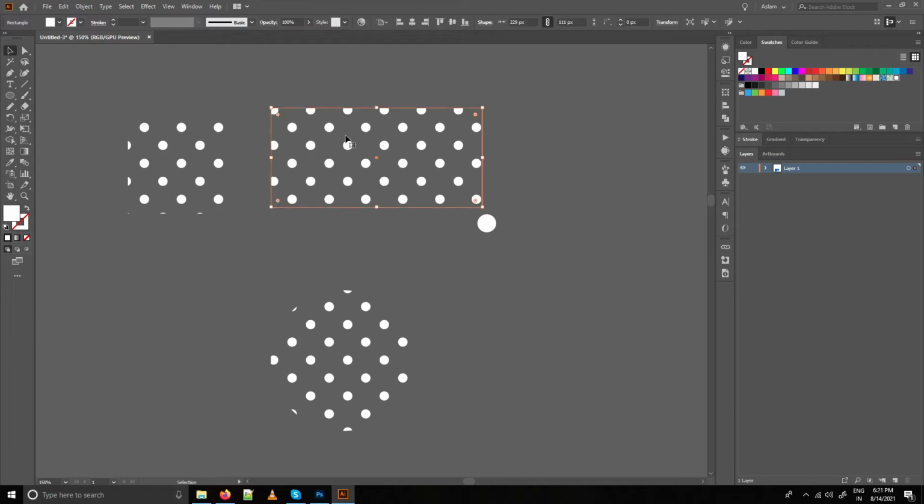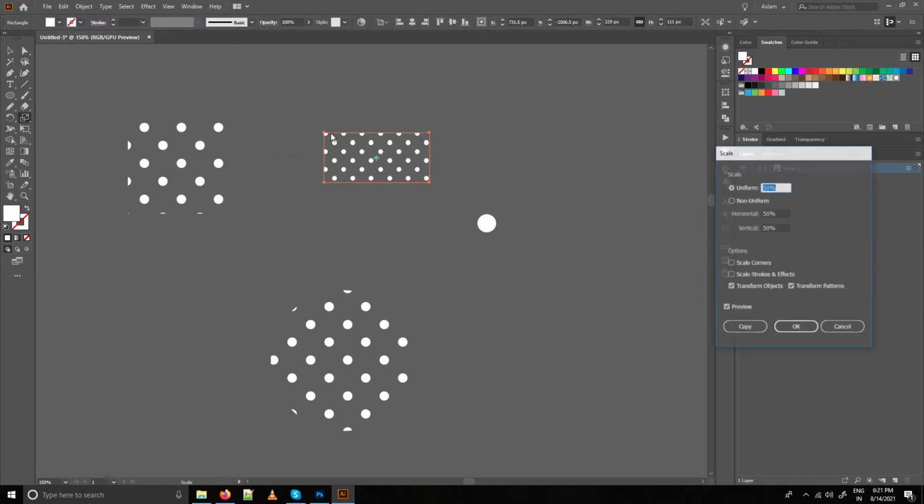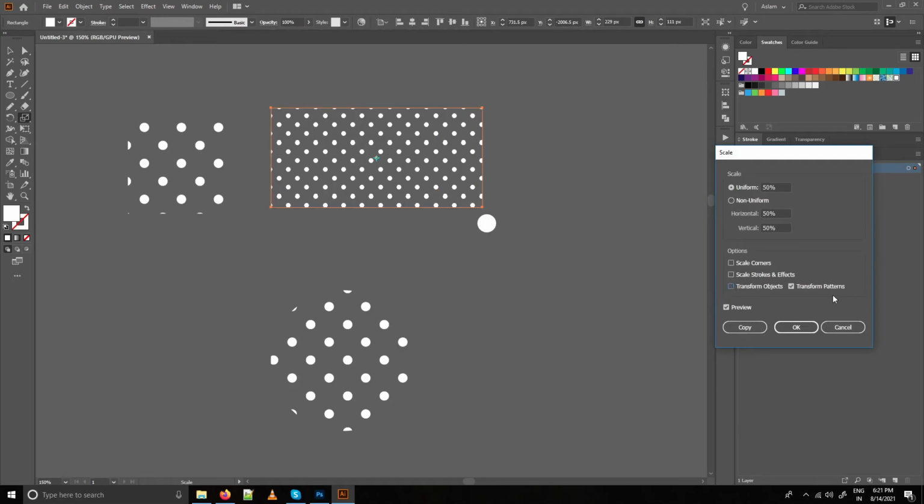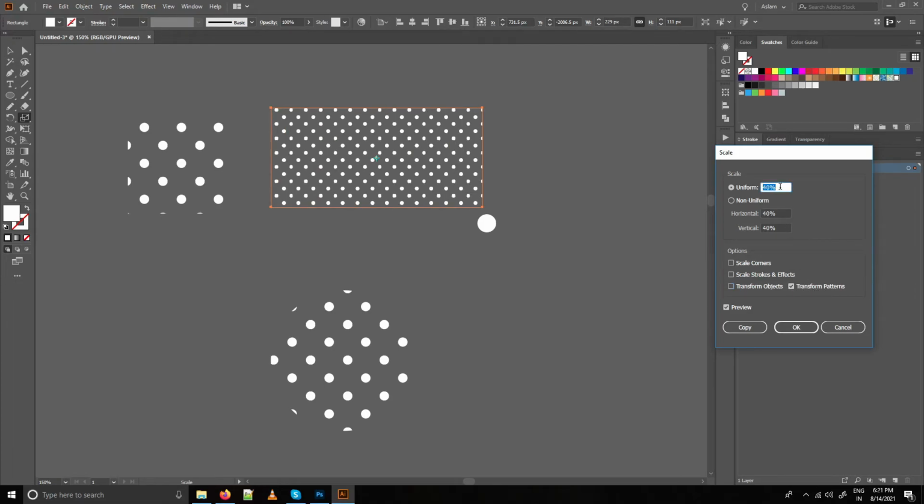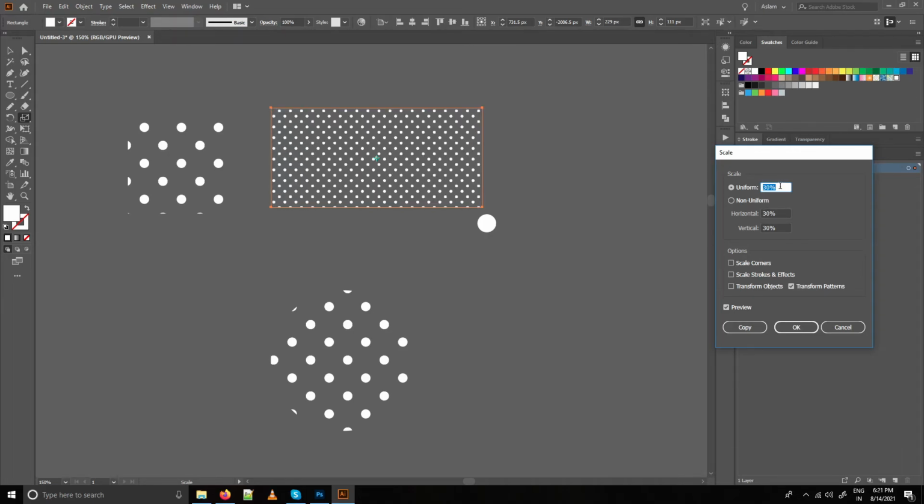If you want to resize the pattern, select the shape, press S for scale, uncheck Transform Objects and make sure Transform Patterns and Preview are checked, and reduce the size according to your requirement. I am going with 30.